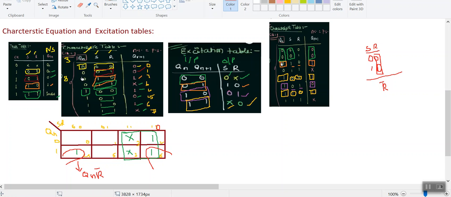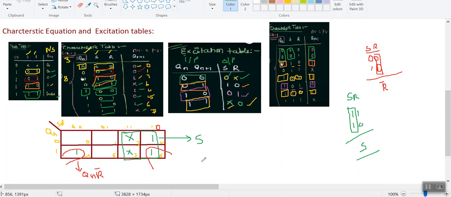Now I would like to have my quad expression. If we check the quad expression, this quad is combining both the rows. These two have Qn as 0 and 1, which is varying, so we don't need to consider it. Now in this particular column we need to observe, so my first case is 11, and in the second case 10. Here my S is kept constant, and its position is 1. Therefore I would like to have my expression as S only.